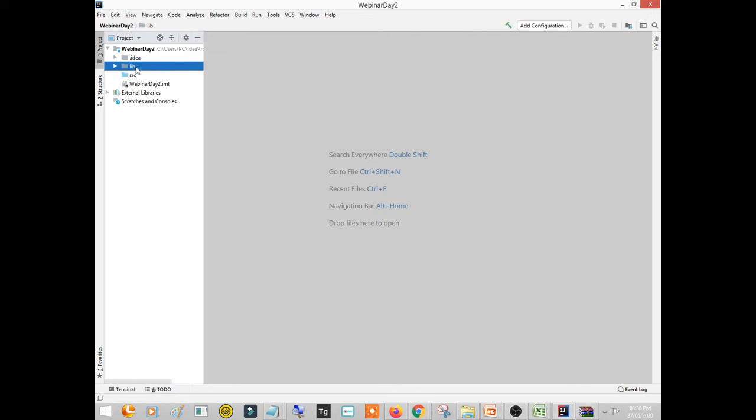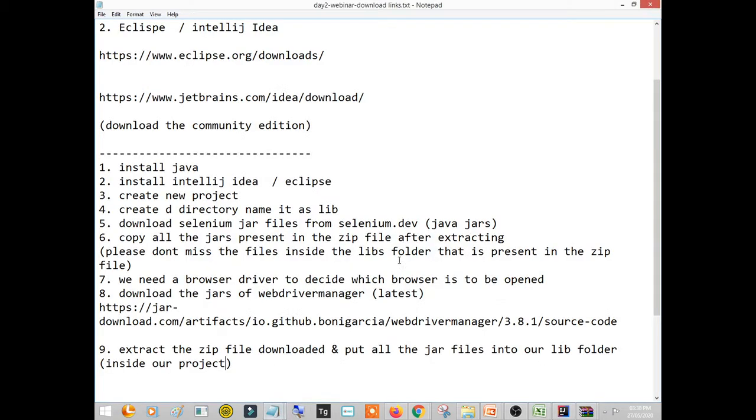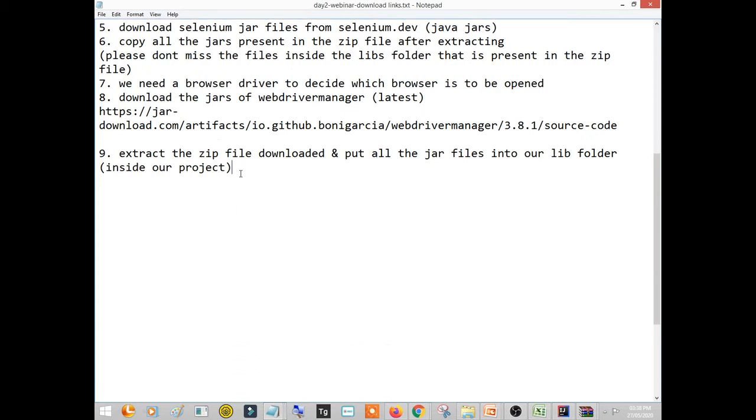Now we need to set up this library. Now the next step is setting up the library.